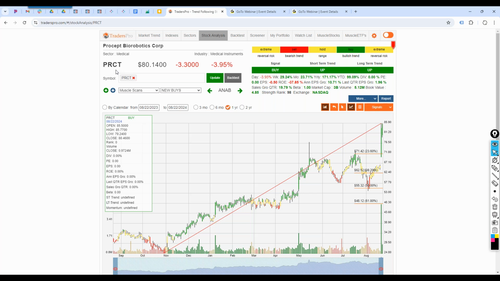Okay, you get a stock like this, PRCT, which has had this big uptrend, big gap moving higher. The fundamentals may or may not be compelling to a fundamental trader. They may feel like, this thing is overvalued. It's never going to go higher. Blah blah blah. Whatever story, we all come up with stories of why we think things are going higher or lower.